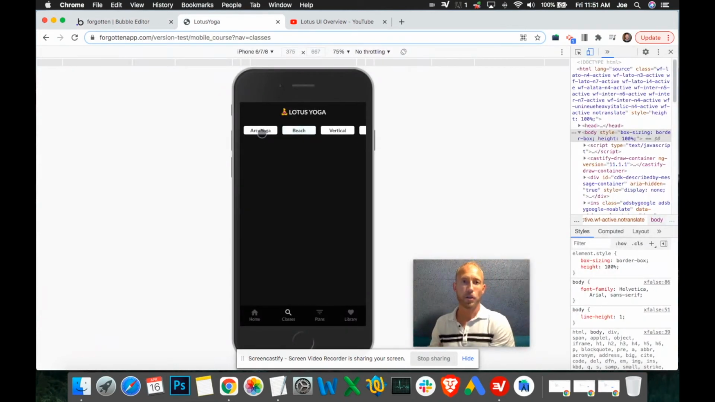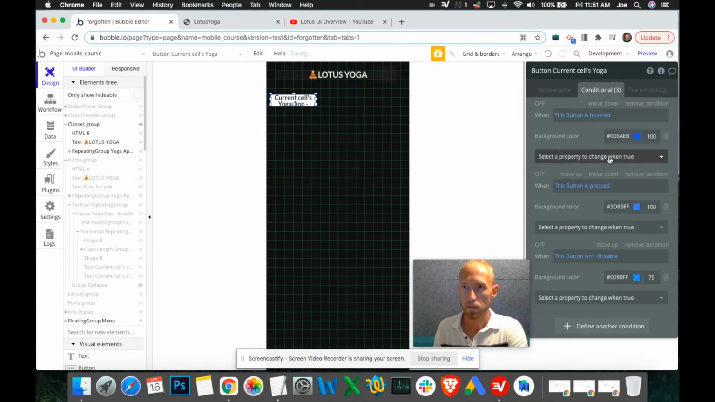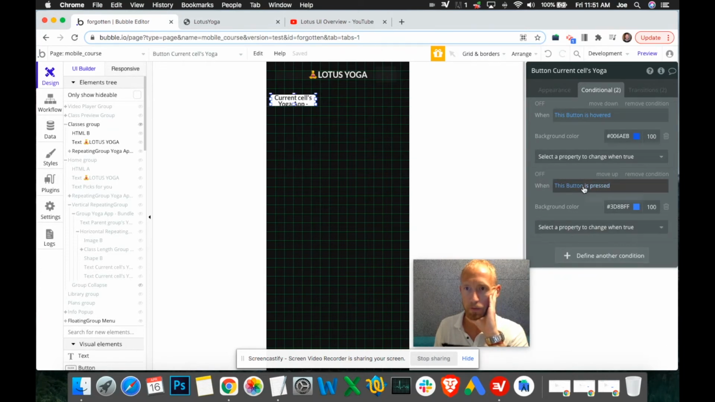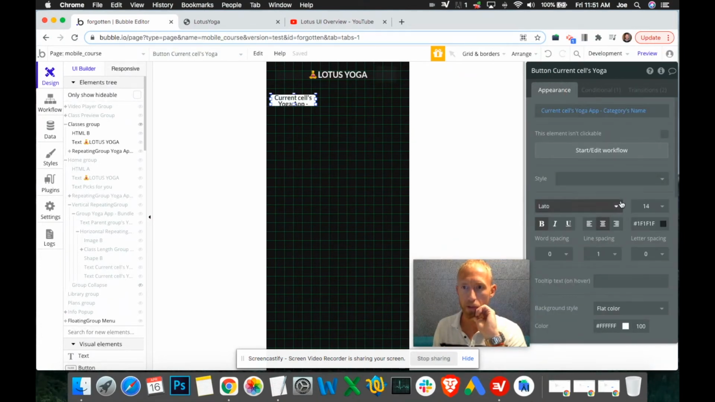All right, we're going to call it good for now. Let's worry about, so we got some conditionals on this. We're going to see like when this button is hovered, when this button is pressed, when this button isn't clickable. I don't think we want that. When this button is pressed, we're not going to hover it because there's no mouse in mobile. When the button is pressed,